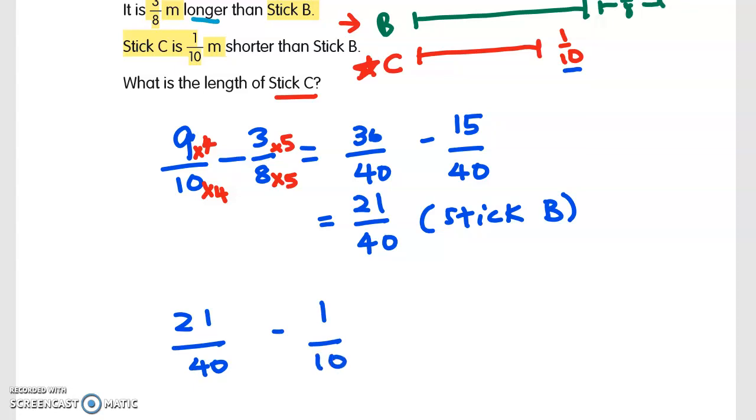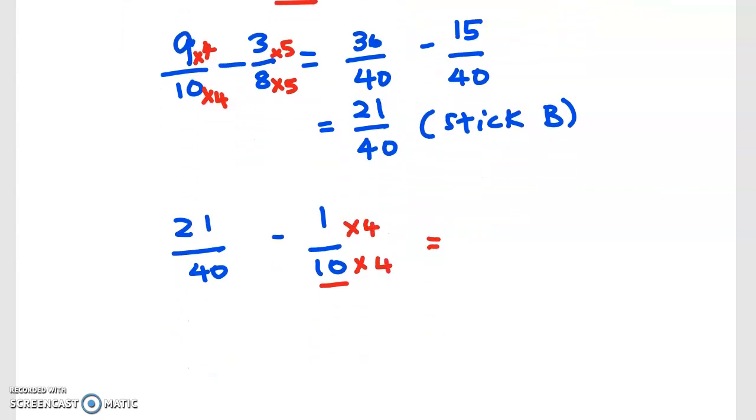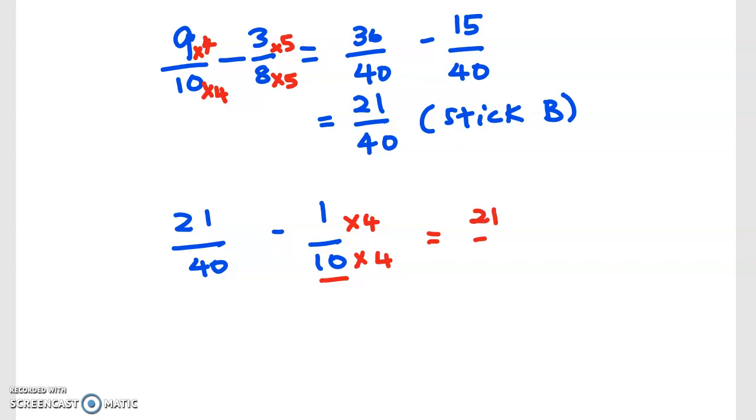In this case, we only need to change the 10 to 40 to make it like fractions. So we will have 21 out of 40 minus 4 out of 40. This will result in the final answer of 17 out of 40. This is the length of stick